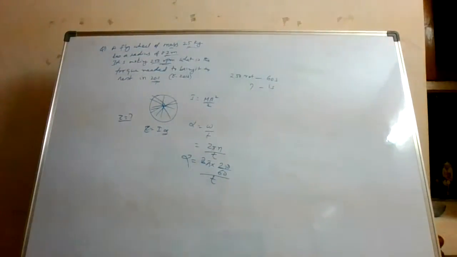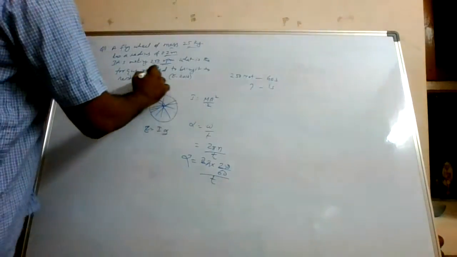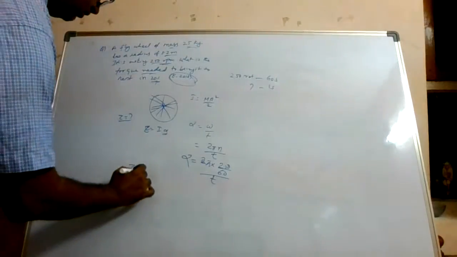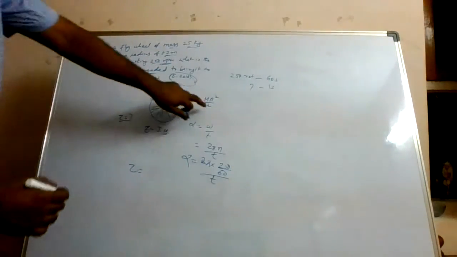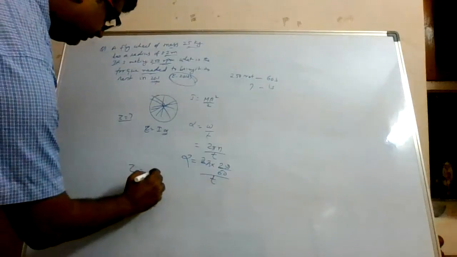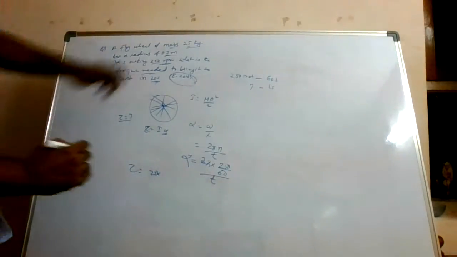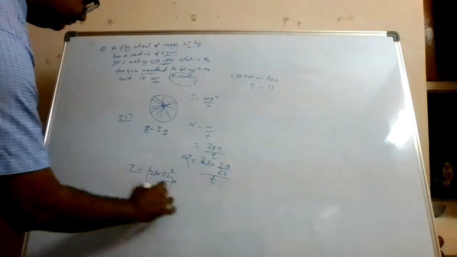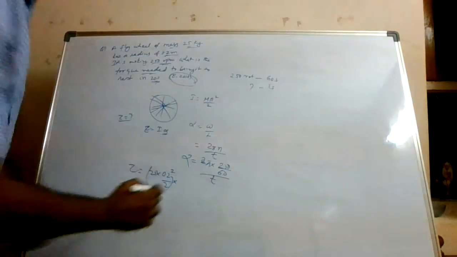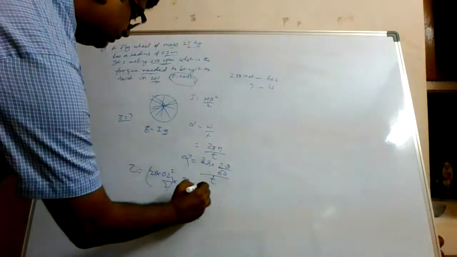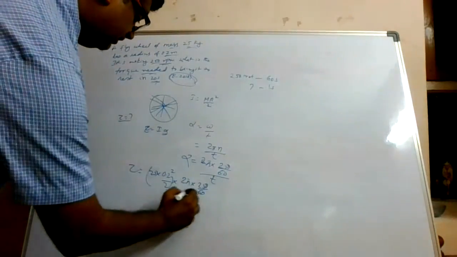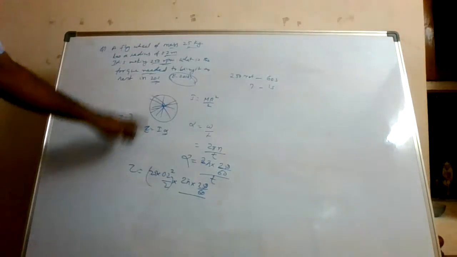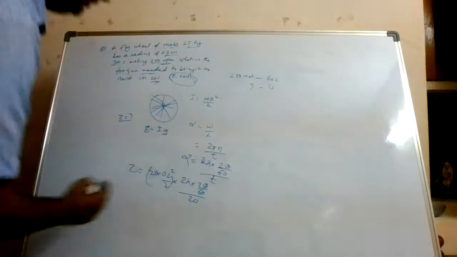Alright? So he is asking you what is the torque required. See, this question has come in 2010. So now find out the torque. Torque is equal to I. I is mr square by 2. What is m? It is 25. R is given as 0.2. So 0.2 square by 2. This is I value, right? Into alpha. Alpha is 2 pi into 250 by 60 divided by, in how much time it has to come to rest? 20 seconds. So divided by 20 seconds.